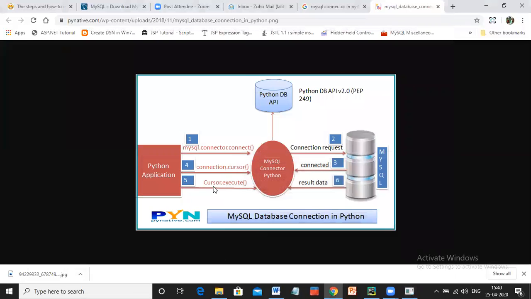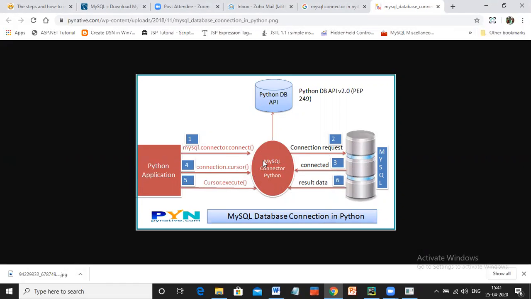So when I'm using this Python application to connect to this particular database, MySQL connector will require some parameters like the SQL server name, your database name, the username, and the password.